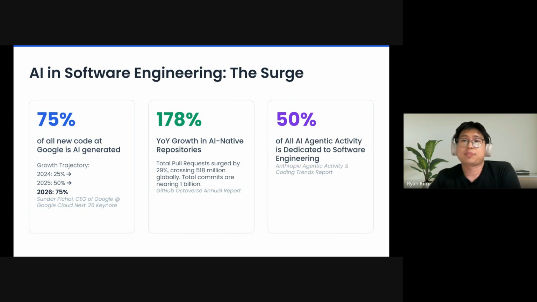Third number, 50%. This is from Anthropic's agent activity report. Half of AI agent activity in the world is software engineering, not customer service, not other things, coding. So what do these numbers tell you? The speed of code coming out is much faster than humans can check it. That's the first verse I want you to keep in mind, and we'll come back to it in just a few seconds.